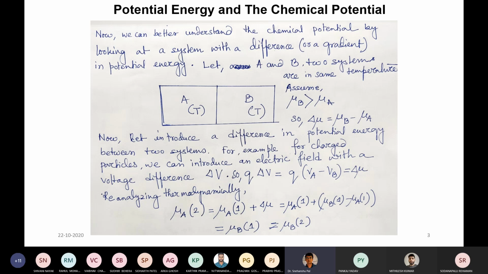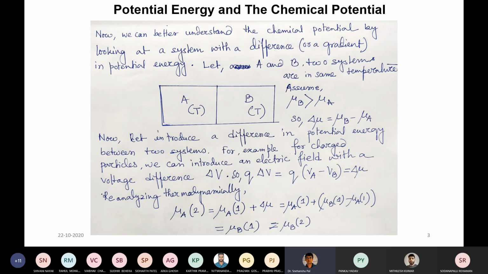So we can take the simplest example slide. They may exchange particles. That is the assumption. We are first taking certain assumptions so that we can understand the scenario. But the two systems are not yet in diffusive equilibrium. They can exchange particles, but they are not at the diffusive